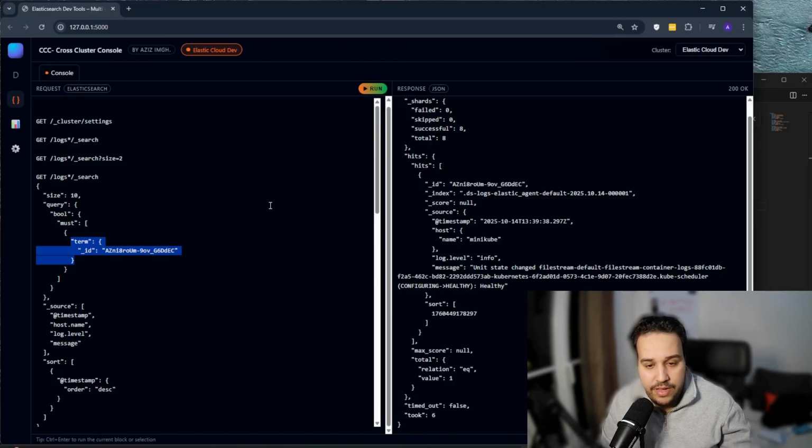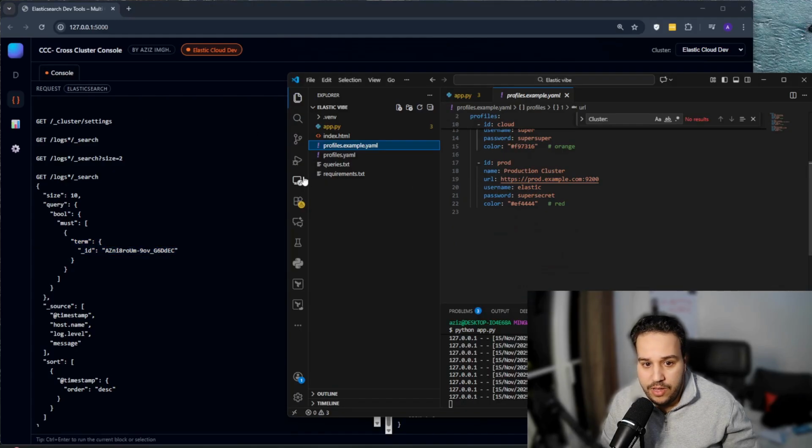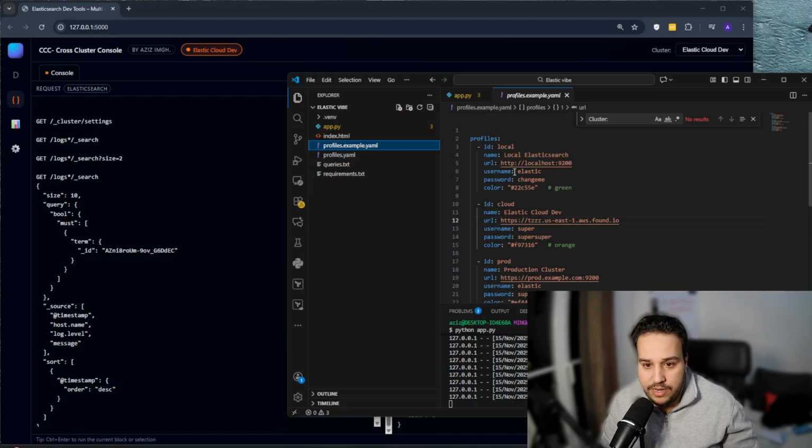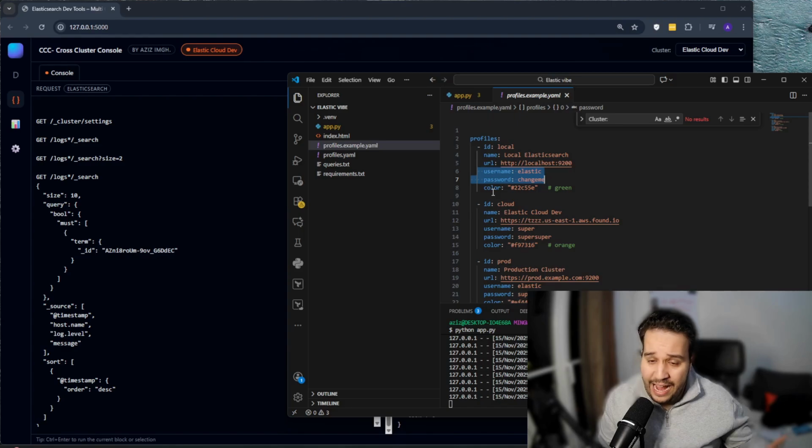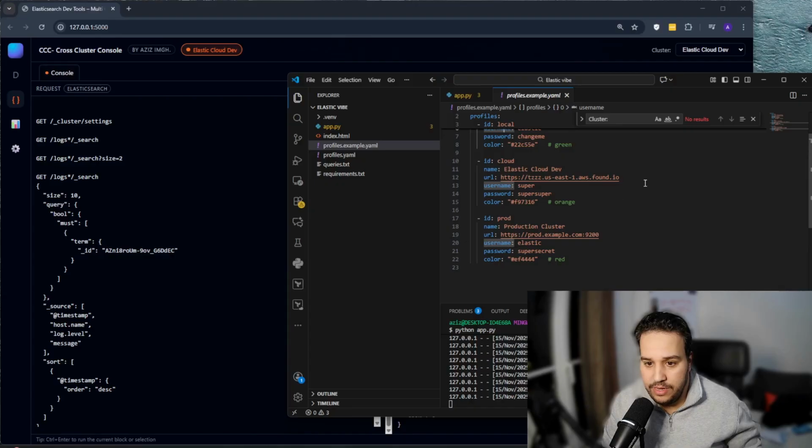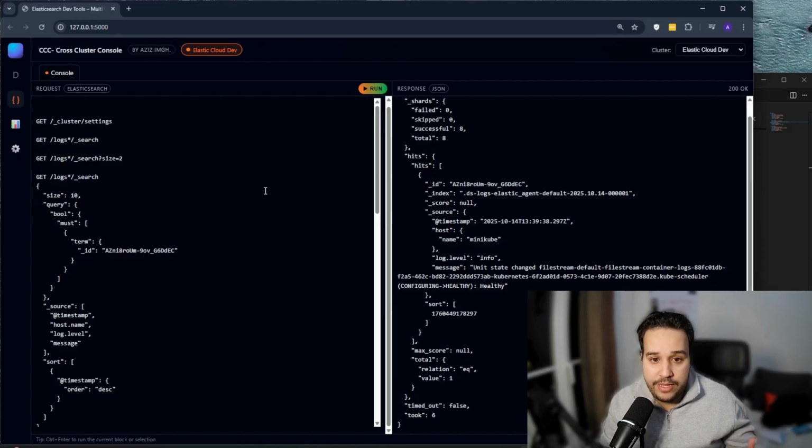So everything that I have done here is just me going ahead and declaring multiple clusters in here. So if I go to the example file that you can see in here, I'm giving the URL, the username, and password. So if it's basically the same identity management in all the clusters, you would need to provide it once and just duplicate it here, give the URLs of all your clusters, and then you will have one place where you can run your queries and get the responses to them without you having to go to multiple tabs